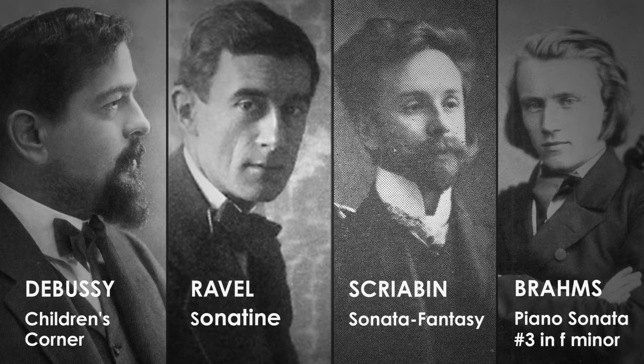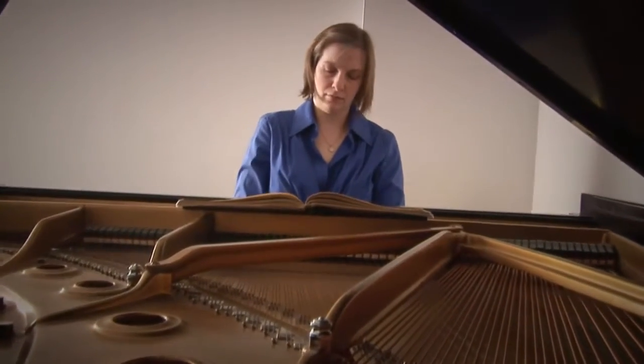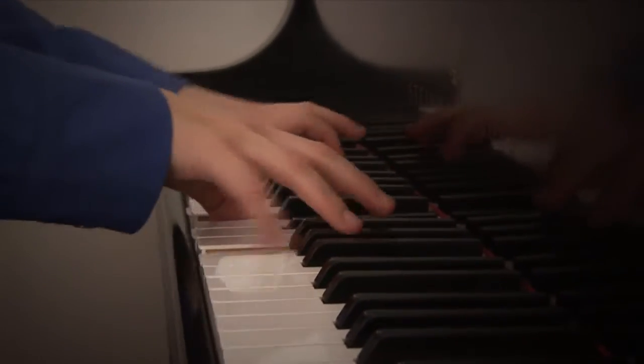I've always thought the music of Brahms, especially in that very Germanic period of his life, is balanced so well by the music of the Impressionists. There's a real give and take. He has a few ideas that he might share with somebody like Ravel or somebody like Debussy, but for the most part, the two strategies are so different, they kind of build one